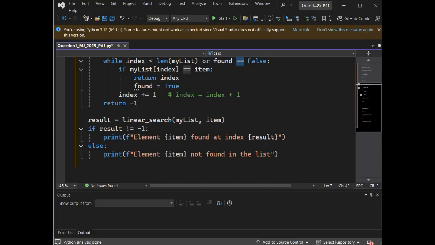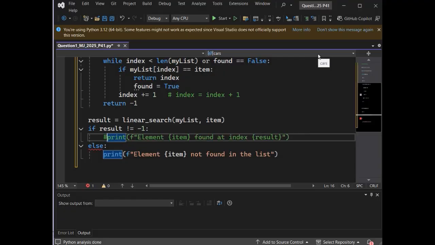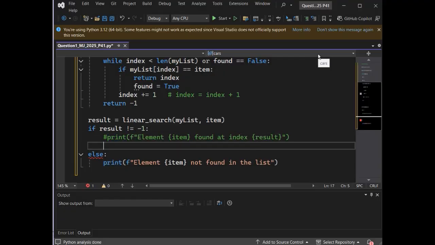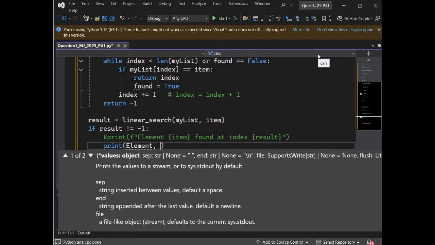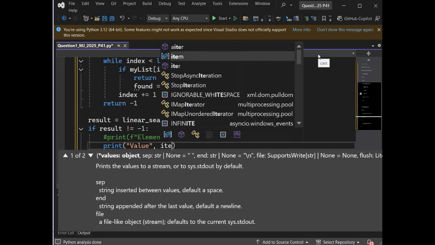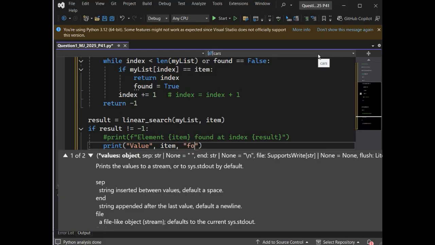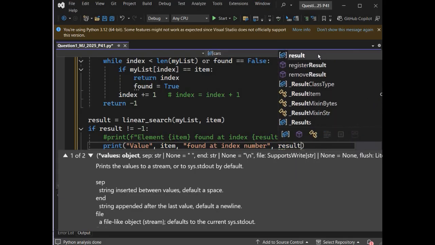Now some of you might be wondering, what is the use of this F? This F is for formatting, and this simplifies our result. For example, let me try to comment it and write it simply: value comma, item comma, found at index number comma, result.